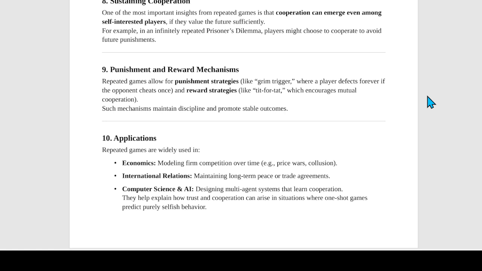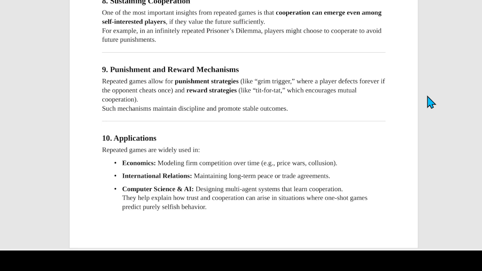So one is grim trigger, like how we spoke about the few strategies. So वैसे कुछ strategies हैं. Alright, the first mechanism is grim trigger, tit for tat, and reward strategies. So grim trigger में once you cheat, you will constantly be cheated on in all your upcoming rounds. In tit for tat, तुमने जो previous round में किया वो तुम्हें आगे वाले round में मिलेगा, right? And in reward strategies, you encourage continued cooperation. ठीक है, you encourage it. So these tools enforce discipline between players.